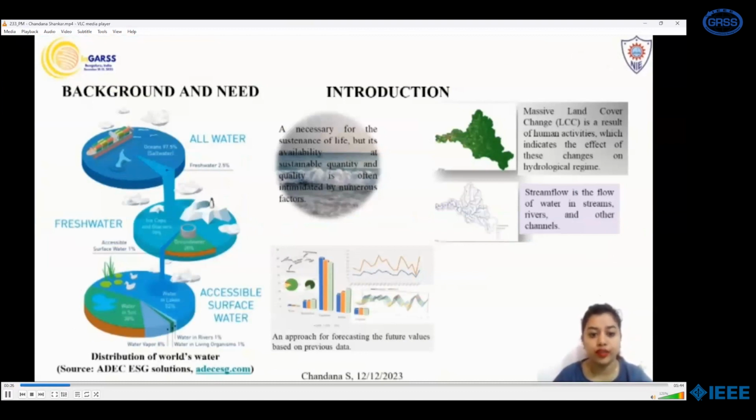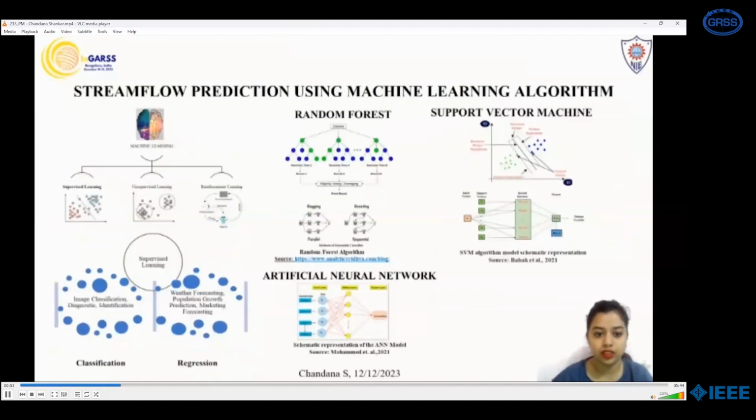The variations of the flow impact floods and droughts, and furthermore water scarcity. The available surface water is only 1%, which is affected by the land cover classes. The elements of the water cycle like precipitation and temperature play an important role. Thus, monitoring this is important, which can be carried out using a hydrological model, such as the Soil and Water Assessment Tool. Further, because of time consumption and the multiplicative processes, machine learning techniques were introduced,